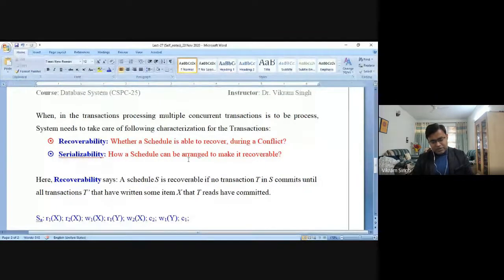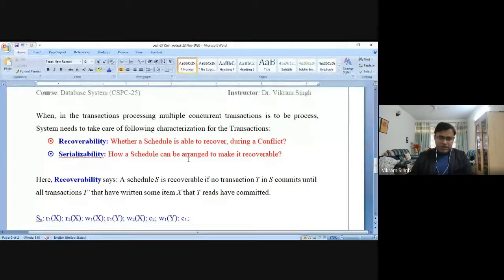Serializability says, whenever two transactions are arranged, can they be performed in a serial fashion? If they can be performed in a serial fashion, or in a sequence, then that is the sequence in which you can recover and roll them back. So whenever a schedule has more than two transactions involved, and you observe that they cannot be recovered, then you can identify the possible steps of serializability, and based on that characteristic you can identify a sequence of rollback.